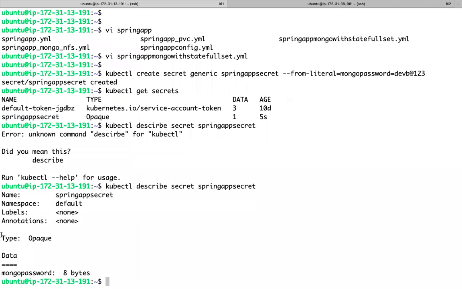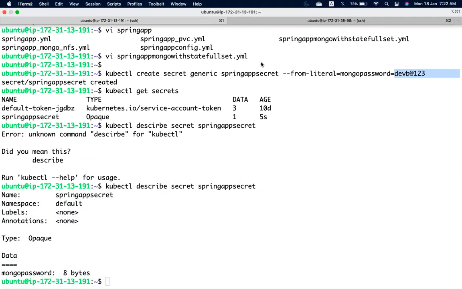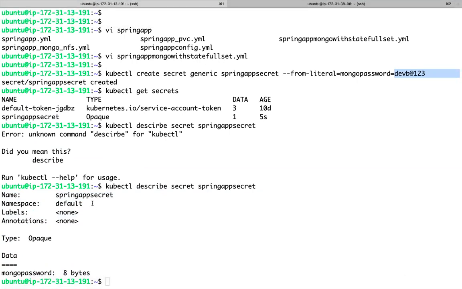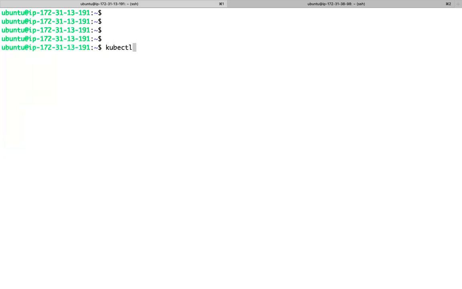Will he come to know what is the actual value? It's hidden, right? It's encrypted and stored here. Now I can use that secret in my manifest file.